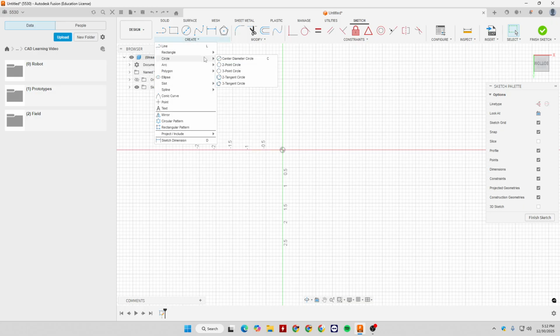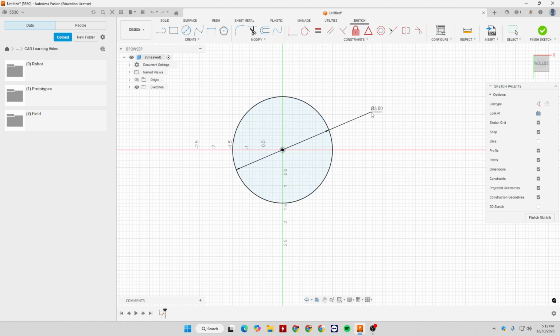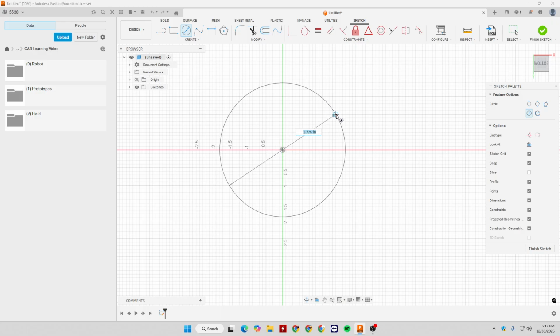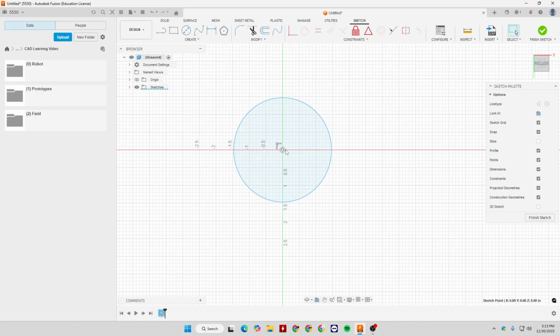Moving on to the circle, we have a lot of different circles. You'll usually find yourself using a center diameter circle. This will give you a center point and then a diameter. So if you make this diameter 3, it's a circle with diameter 3 inches. You can also do this arbitrarily. If we click C, we can kind of just click anywhere. This is an undefined circle, so we can make it however large we want. But that center point there is locked with a coincident constraint. So if we get rid of that,